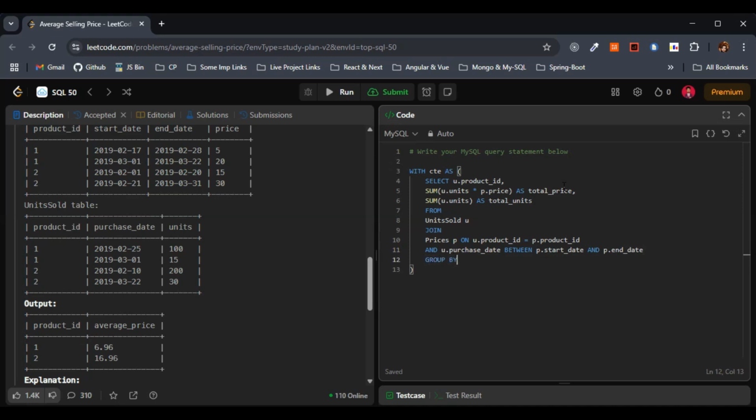So I'll just go with group by here based on the product ID, right? So I'll just give here product_id, u.product_id. This is fine. So next step here is